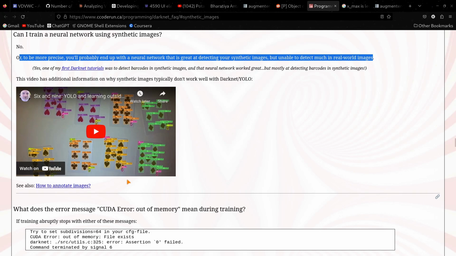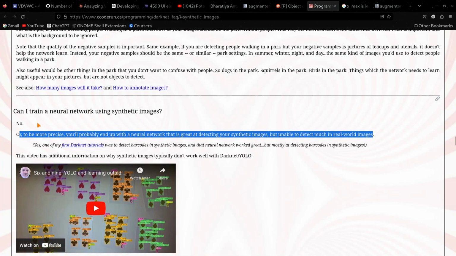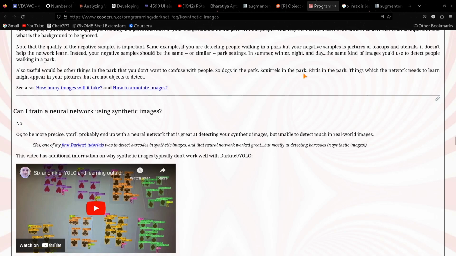So that is how the YOLO model works, and since it also focuses on the background, it might not be suitable for training on the synthetic images. So that's why the answer is no. After doing this much training and all that stuff, I finally found out that this YOLO model cannot be